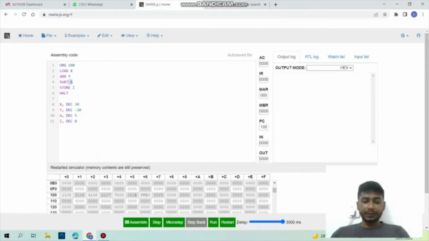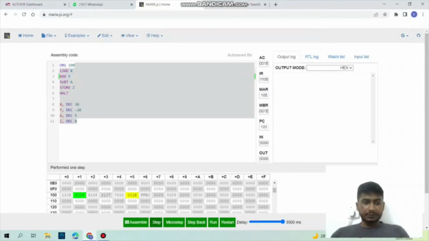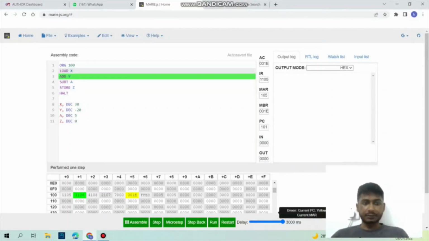So now we're going to run it through. As you can see, we need to redo the simulation. As you can see, once we step, it will load the x, which is 30, and the MBR, the memory buffer register, will show 001E, which is in hexadecimal, and the accumulator will be shown as the exact point, which is